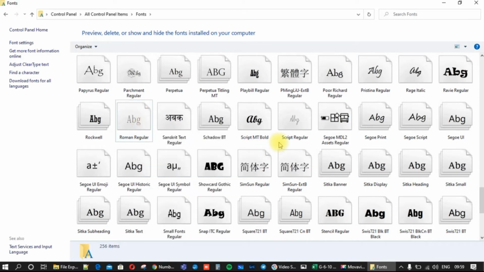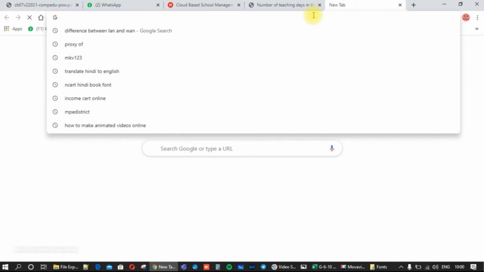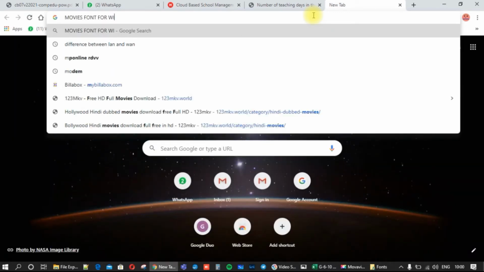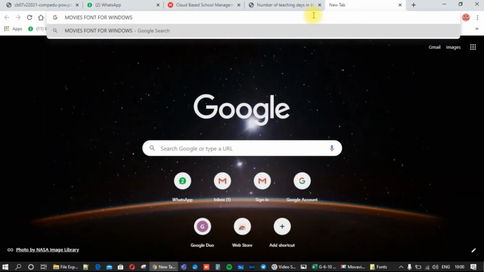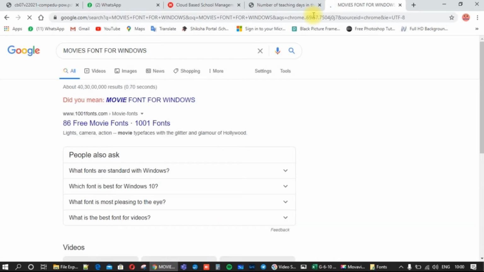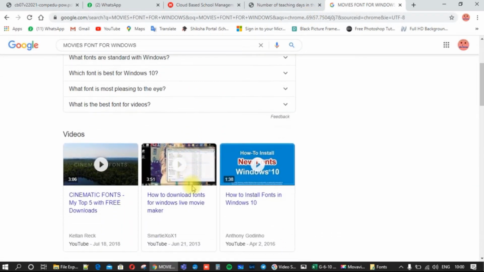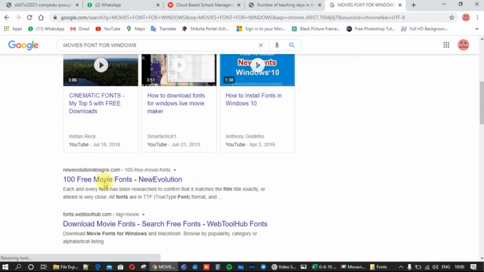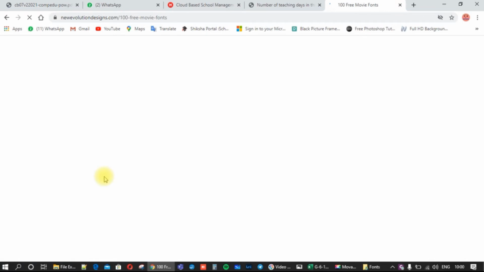And if you want to install any font, first you need to download that font, like movies font for Windows. Click on it. You can download from any website.